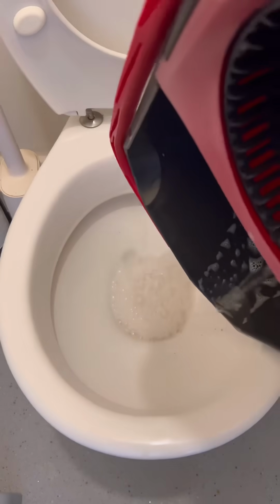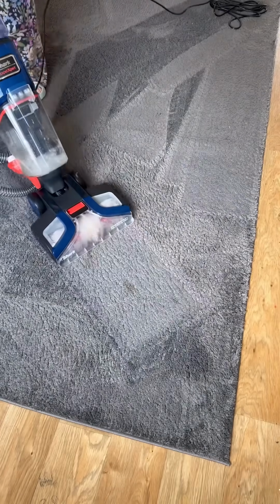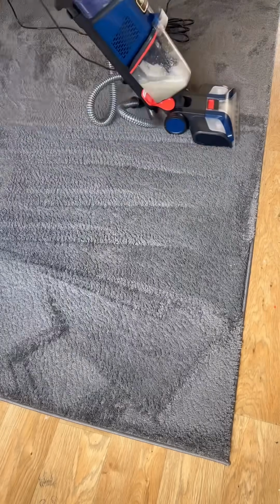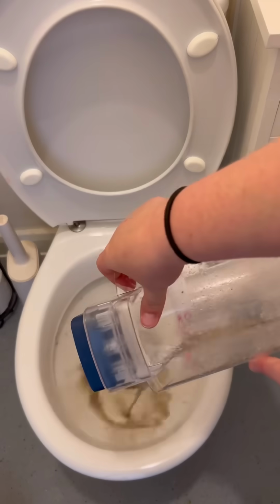Anyway, next it was time to get the carpet vac out and get rid of this tomato sauce stain, and obviously do the entire rug as well, because I haven't actually deep cleaned it since we bought it. So you can imagine the dirt lurking in the fibres with 2 kids, and sometimes 2 dogs, because we dog sit for my brother sometimes while he's at work,